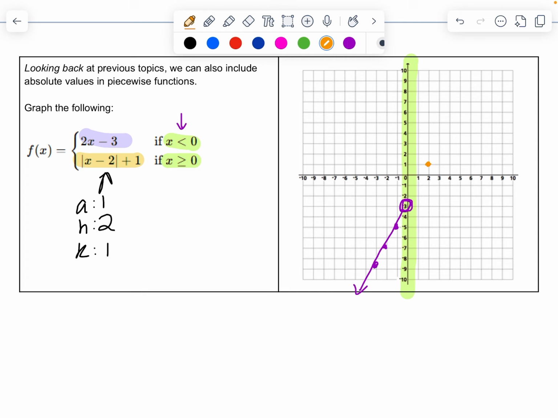I know that I have a mirror at that location, and I have an a value of positive 1. So for a moment, I'm going to consider the fact that that mirror is right there. I will eventually erase that and the green line, but just for holding purposes here. So I'm going to go up 1 from that location to the right 1, just like the slope told me to. And all of those are fantastic, but all of those also would have a mirror location on the other side. So I will start to mirror those points